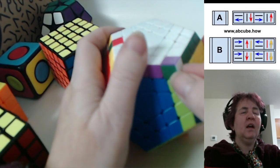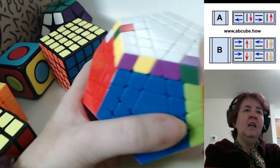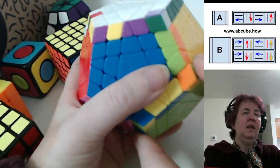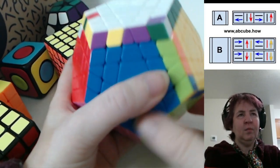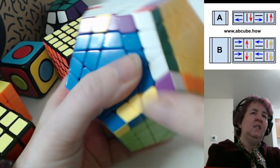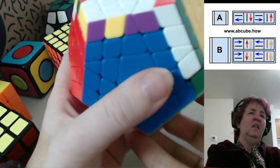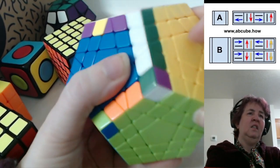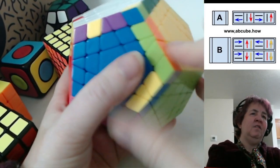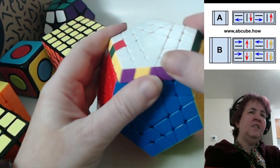I'm not going to stop there. This one needs to be twisted, so I'm going to finish my Formula A on this one. You notice I don't rotate the cube. I keep the same row, same column. 1, okay, that's 3, that's 4, 5, and that's 6, and then set the top,